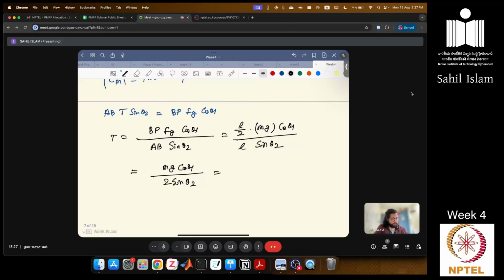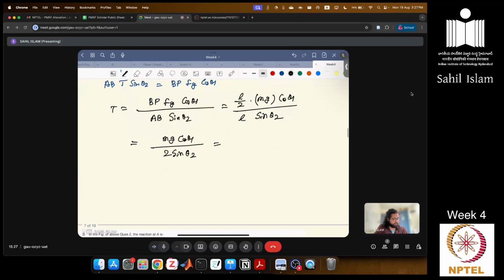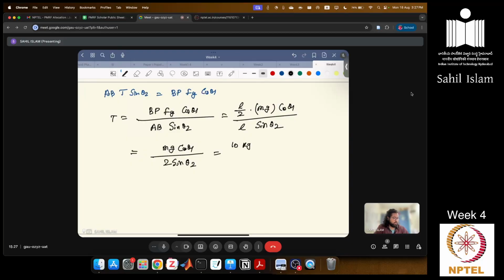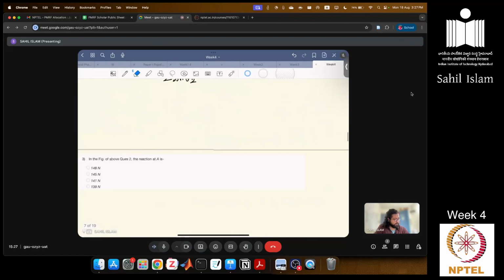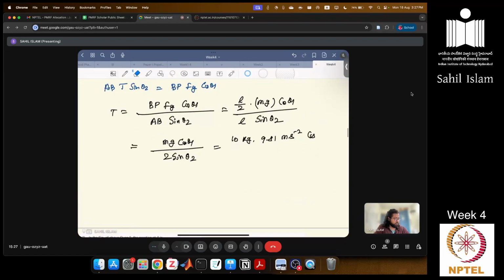So m is 10 kg, g is 9.81 meter per second square, cos theta 1 is 45 degree, by